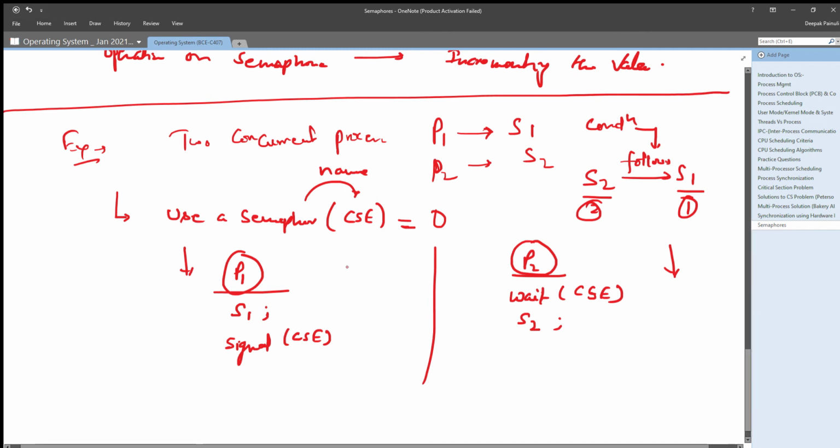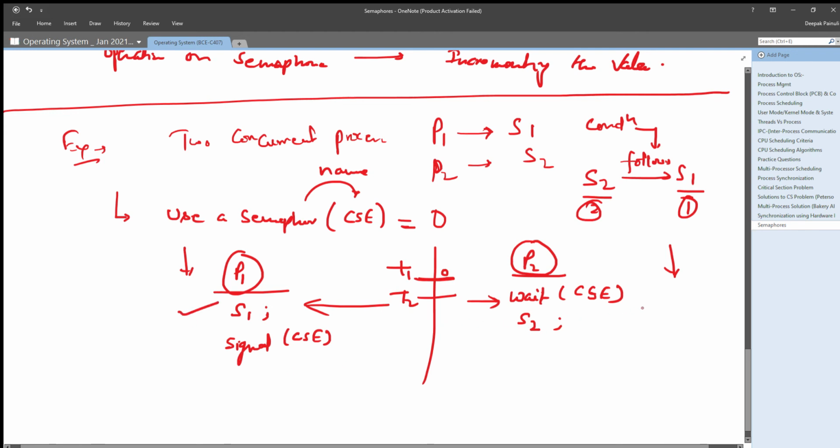Now check this time: at this point the semaphore value is 0. This is transaction number 1, and this is transaction number 2. At transaction number 1 the value of the semaphore is 0, and at transaction number 2, if both want to execute, let us understand: P1 will execute S1, right?